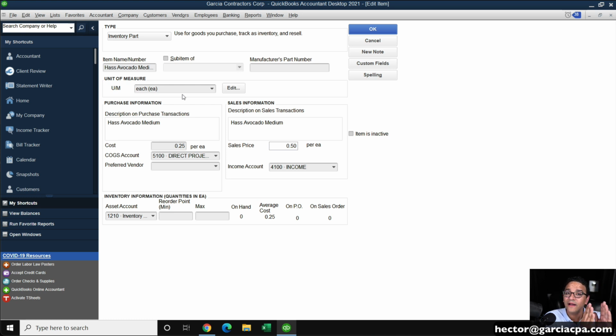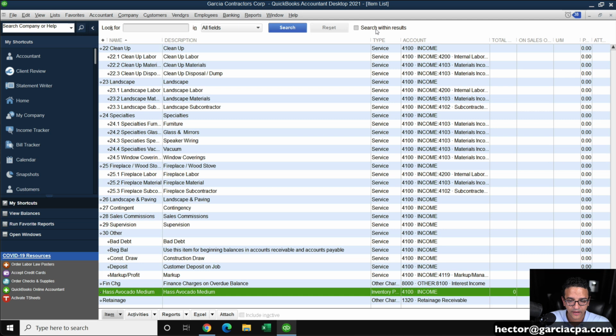There is just one unit of measure, and I can pick which item is going to pick which type of unit of measure. Yet we are not dealing with multiple units of measure within the context of one item being able to be measured in multiple ways. This is just choosing which is the standard unit of measure for this particular item. So I'm going to pick each on this one, then I'm going to click OK,